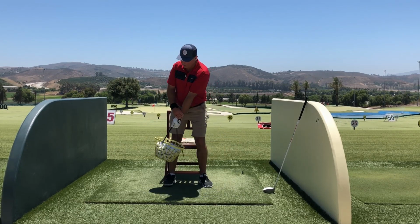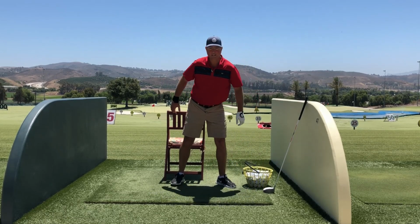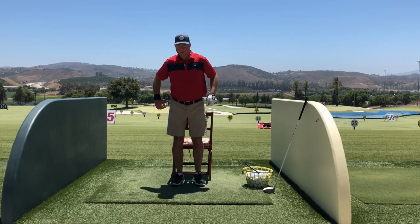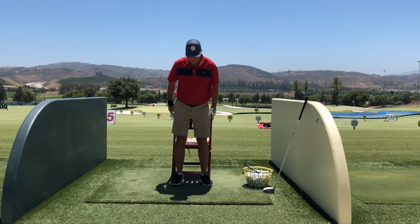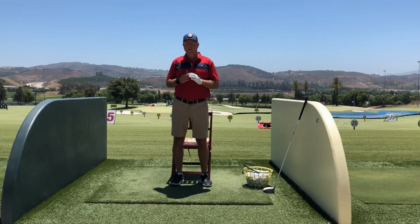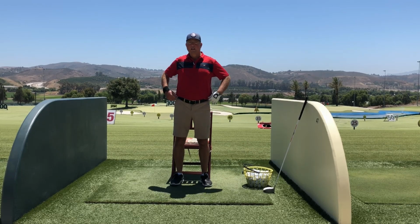And this is all good. Now, I'll set the bucket down. I'm going to show you now how you turn this into limitless distance. It's not a function of strength. It's going to be a function of quickness. And quickness is developed through coordination, through doing something over and over and over again until you can do it